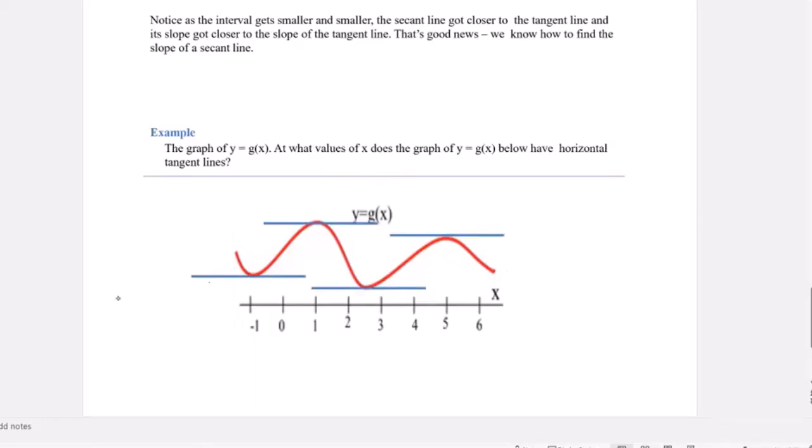Basically, you can see now that when I have a horizontal tangent line, this is something, again, like a preview, that at what we call local maximum and minimum values, or we could say where the graph turns,